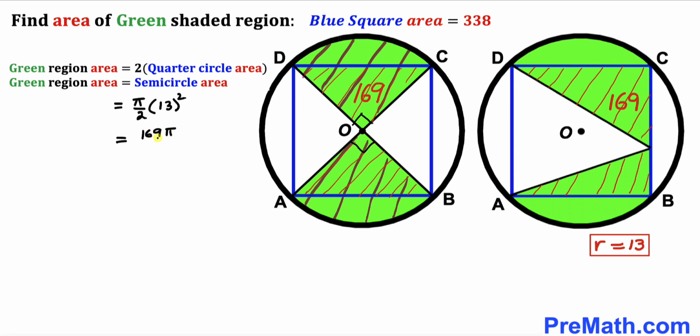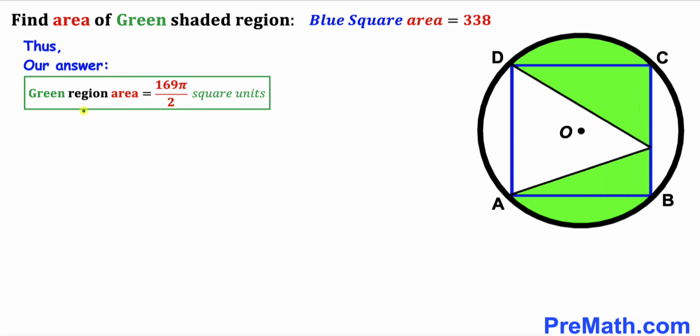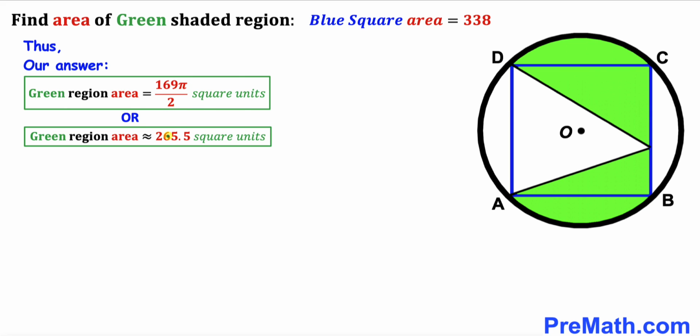So therefore if we simplify the right hand side, that is going to give us 169 pi divided by 2 square units. So thus the area of this green shaded region turns out to be 169 pi divided by 2 square units. And that is going to be equal to approximately